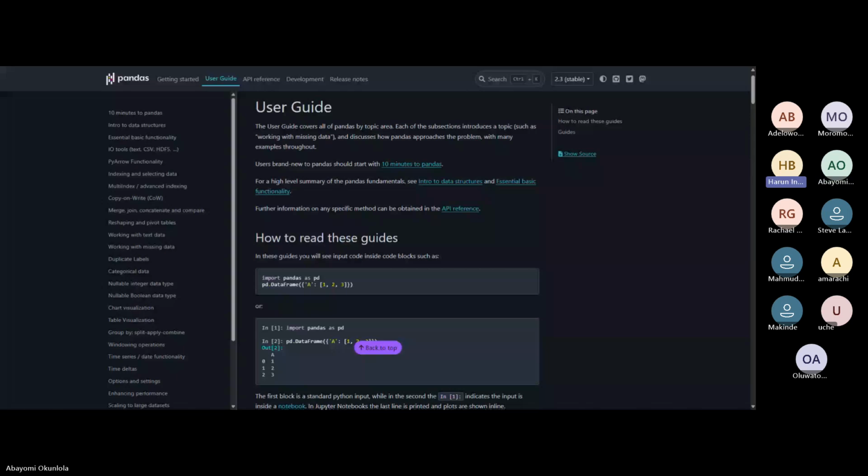You said the alias is PD, meaning can I use another one? Yes, it's up to you. Can I use a PA or PS? It's up to you. Okay, let's say I am working on a project with others, and I use a particular alias which is not known to them. Would they be able to understand it, or must I use the conventional one, which is PD or NP for NumPy?